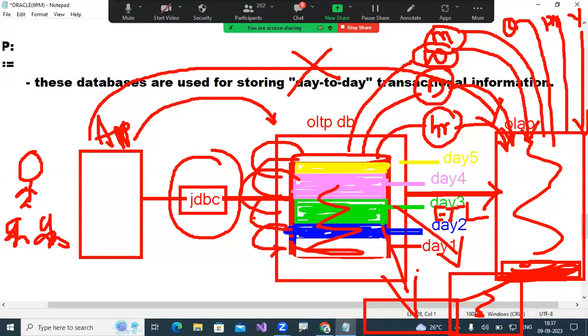For a simple example, in a shop, every shop maintains godowns. Yes or no? So first, for example, the first godown is full. Then what will the businessman do? Next, one more godown, they will take it. They will maintain their godowns, 3 or 4 as per their business and product. So like this, it will be maintained. Concept clear?